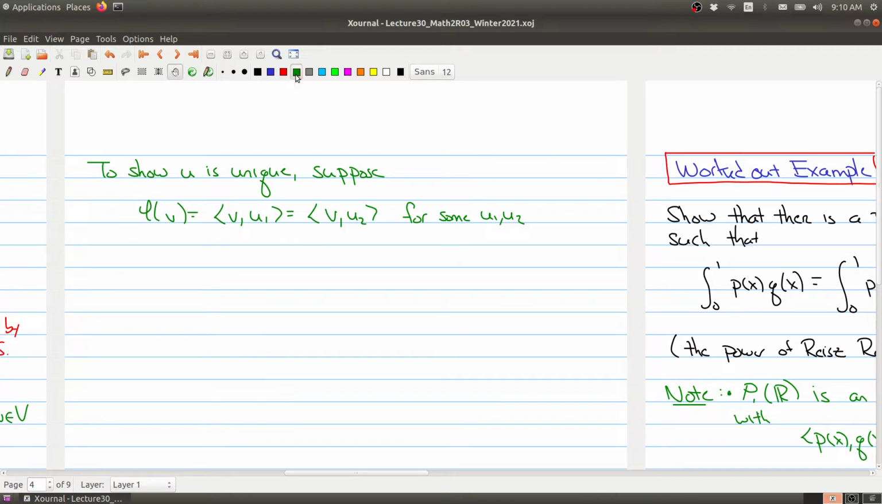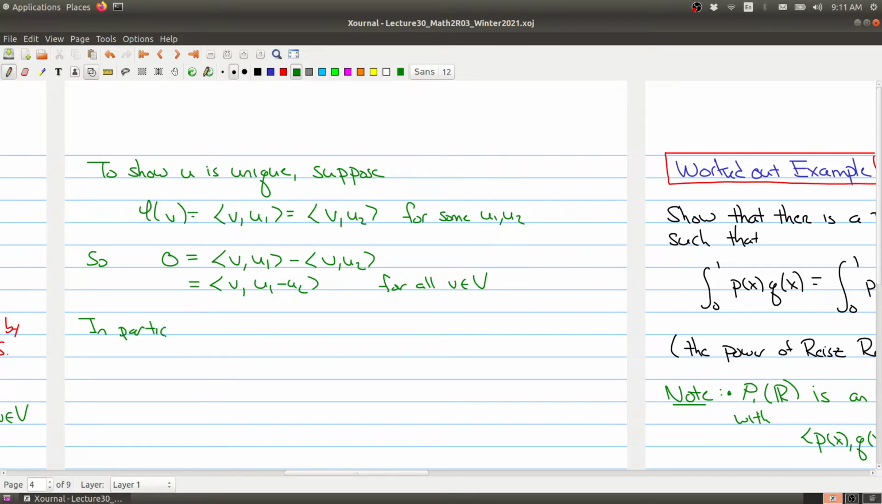So we can take this, because these two are equal, we know that 0 is equal to the first inner product minus the second inner product, right? And then this is the same thing, using properties of inner product, as the inner product of V and U1 minus U2. And this is true for all V in V. So this is true for all vectors. So in particular,